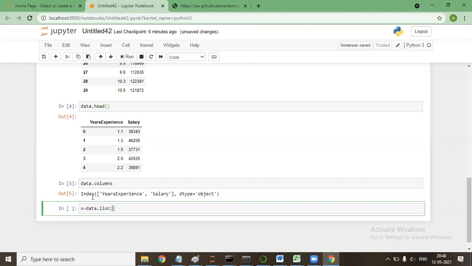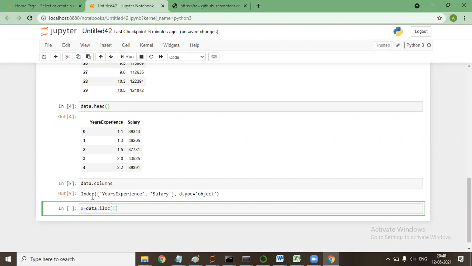Now X is equal to data dot iloc. So what should I say? Let's take an example. We can take any column as X or Y, whatever you want.